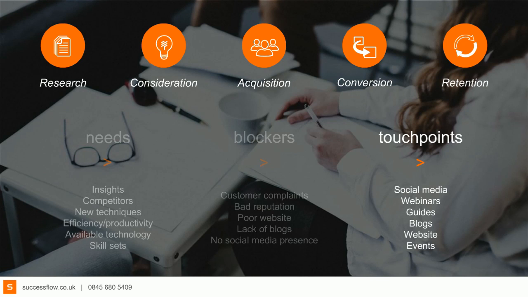Acquisition stage, much more personal: face-to-face demos, providing them calculators so that they can work out ROIs and proof points to get that stakeholder buy-in. Conversion, you're starting to look more at the sales collateral, making sure your sales team have got the right material they need to provide, the proposals that get sent out, product information sheets if they're needed.